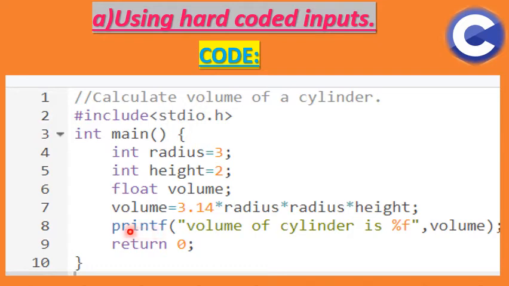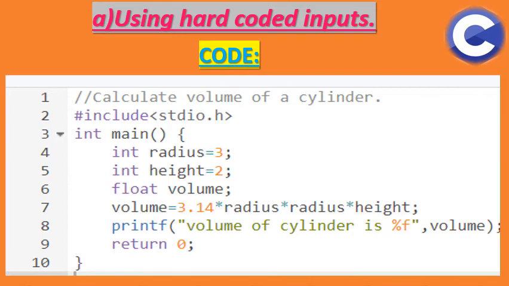Now inside the printf function, whatever I write inside my parentheses and double quotes will be printed on the screen. So here I wrote volume of the cylinder is, then percentage %f, which is a format specifier for real values or decimal values. So what will it print? It will print the volume. And what is my volume? Here I have given it the value pi r square h. So on my screen it will be printed as volume of the cylinder is and then the value of volume. Then return 0, since I'm not returning any value from my program, and then these curly braces indicate that my code is finished, my program is closed.